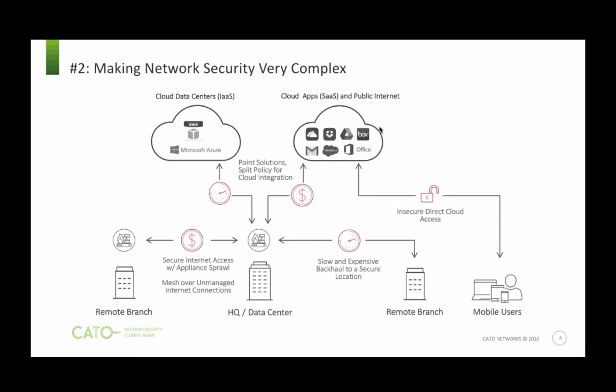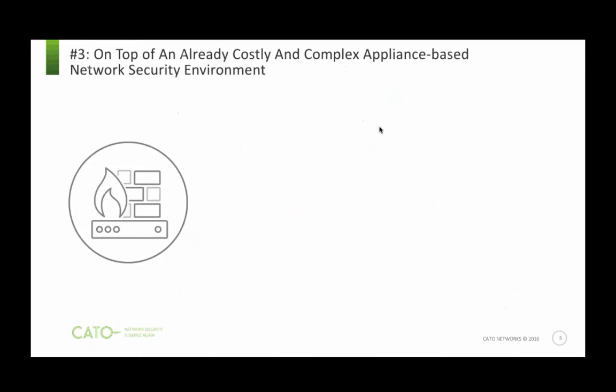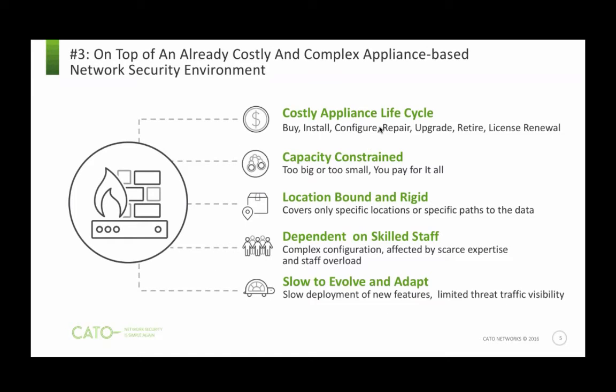So the security problem that is manifested in this slide is actually a result of a broken network topology, which is created by the needs of the business to do more cloud and more mobile. And this is coming on top of an already complicated environment. So we have appliances that need to be bought, deployed, repaired. They run out of capacity. We get a bigger one. They can only cover a piece of the network, so we need to